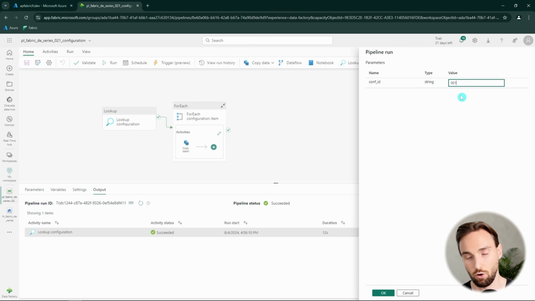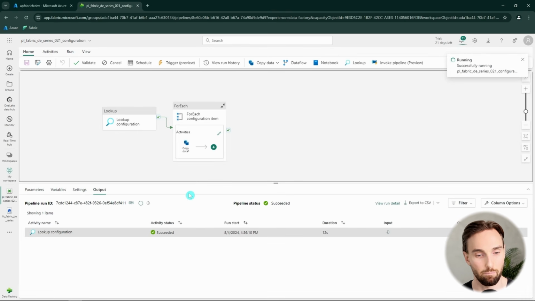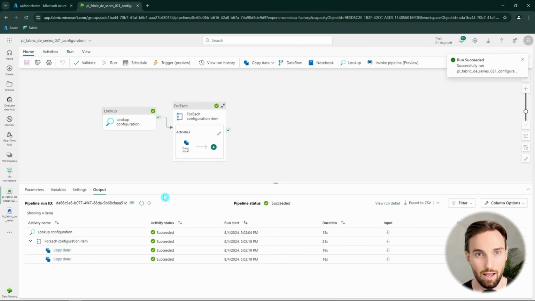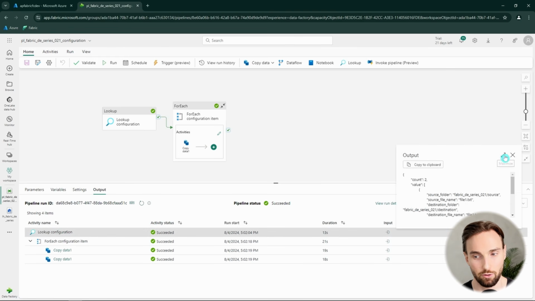So let's type there 001 and then run our pipeline. And now our pipeline is running, so we need to wait for it to succeed. And now our pipeline has succeeded, and we can see that we first ran our lookup configuration that returned the